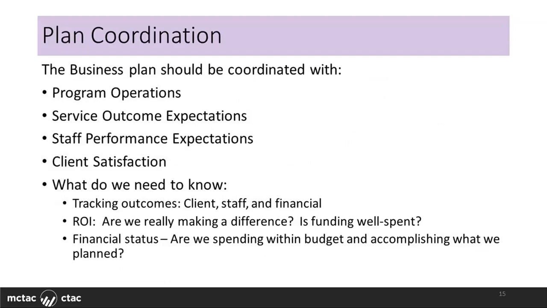So it takes us into coordinating the plan. The business plan should be coordinated, as we've said, with not only the people, but the areas of program operations, service. It should be coordinated with service outcome expectations. They all have to be tied into the plan and the goals, staff performance expectations, client satisfaction, compliance issues, what we need to know,